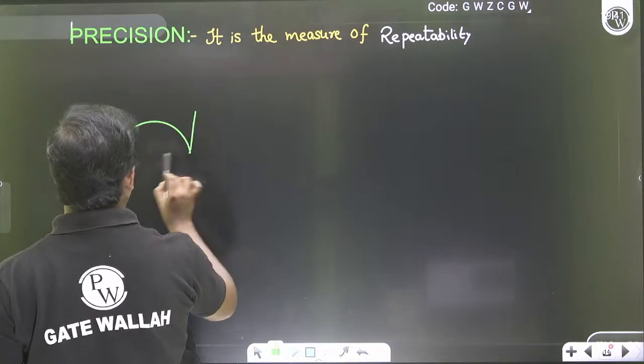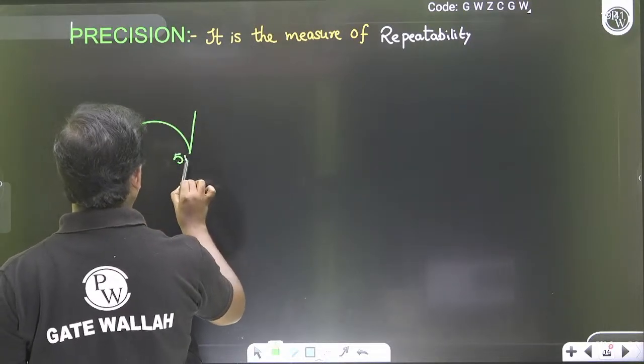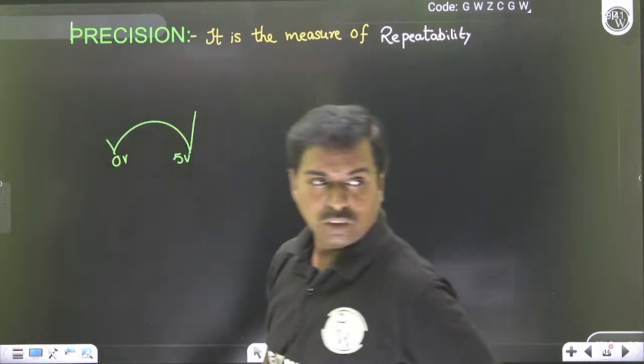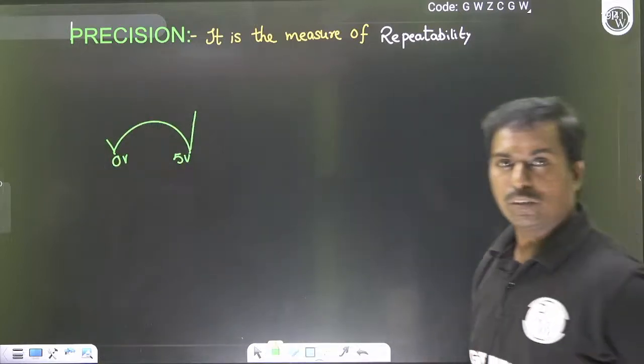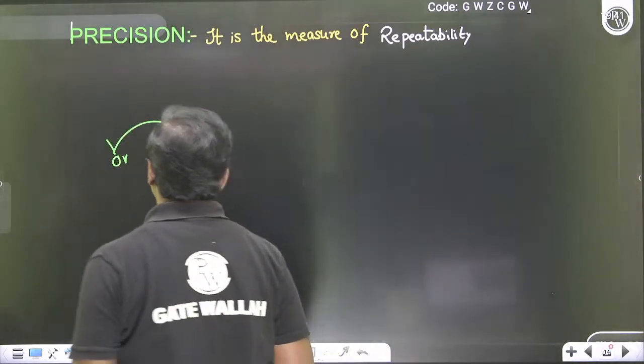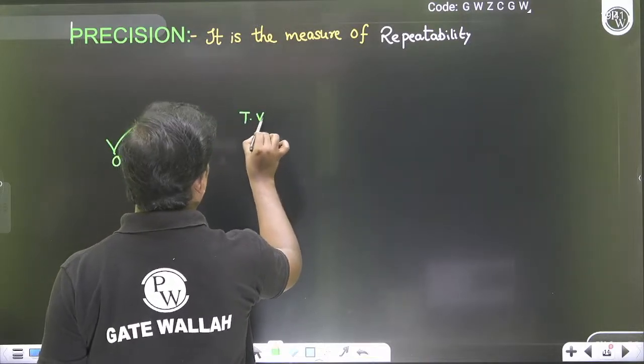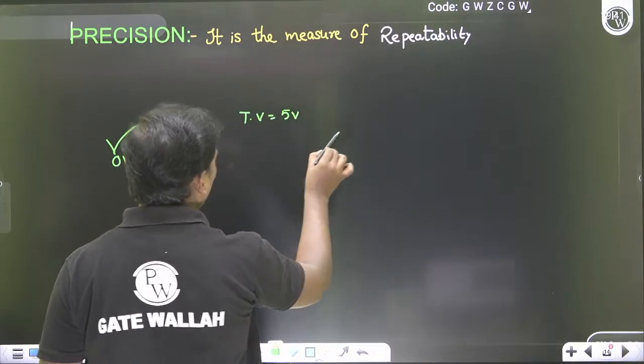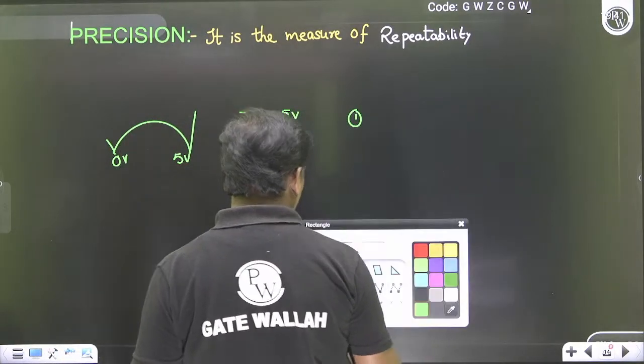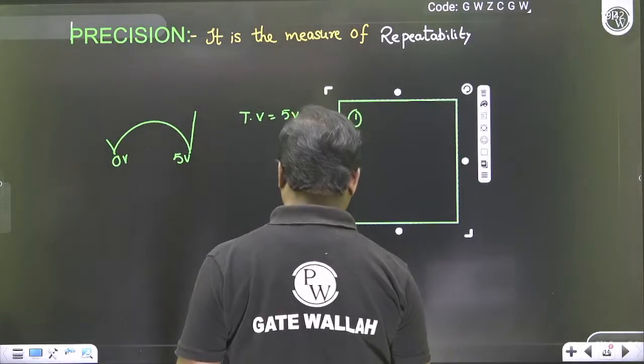This is 0 volts to 5 volts. Okay? So this is a 0 to 5 volts range. The true value is 5 volts. But student number 1, when you are doing the calculation like this,